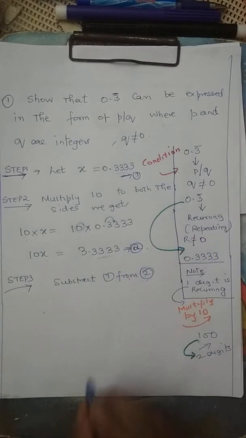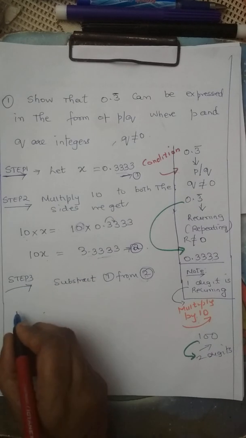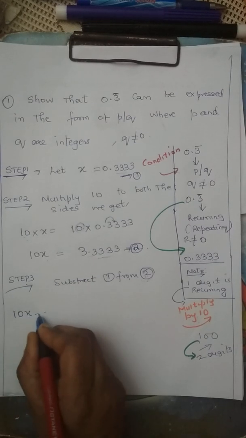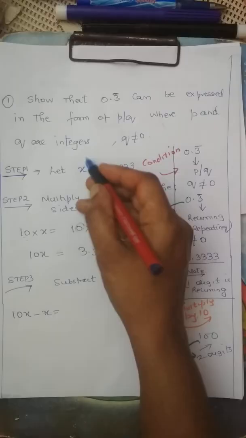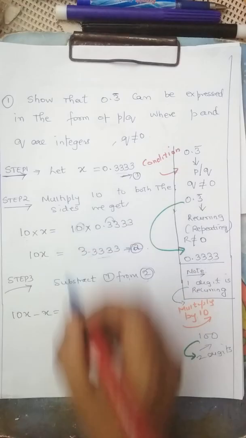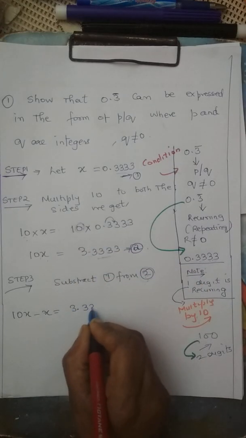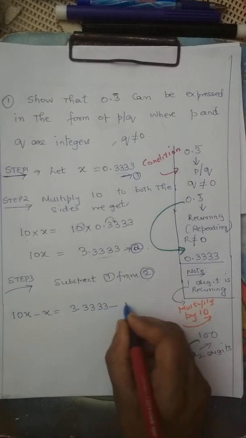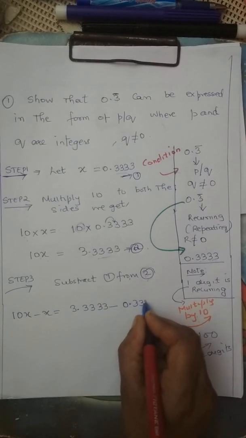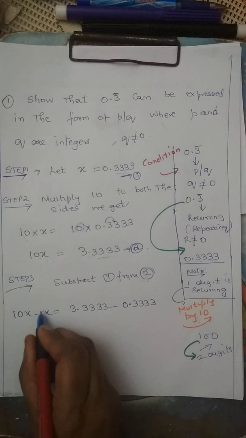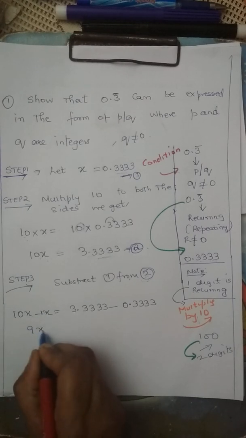Number 2. So when you subtract, how to do 10x minus x. So you have to subtract on the left hand side only this 2. And on the right hand side, it is 3.3333 minus 0.33. What is 10 minus 1? 9. This remains the same,